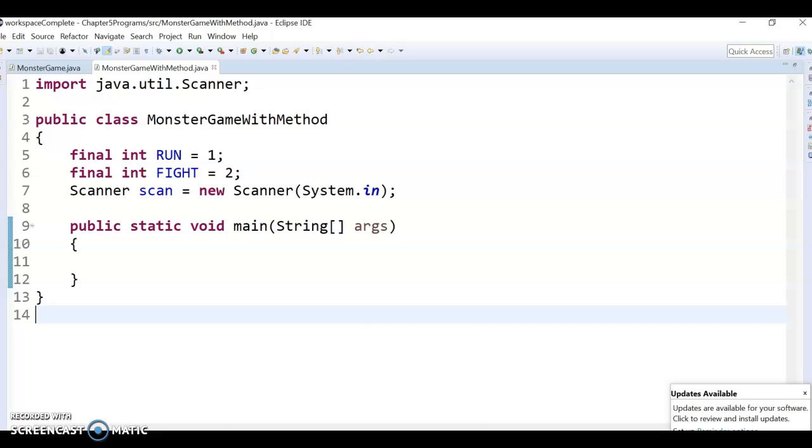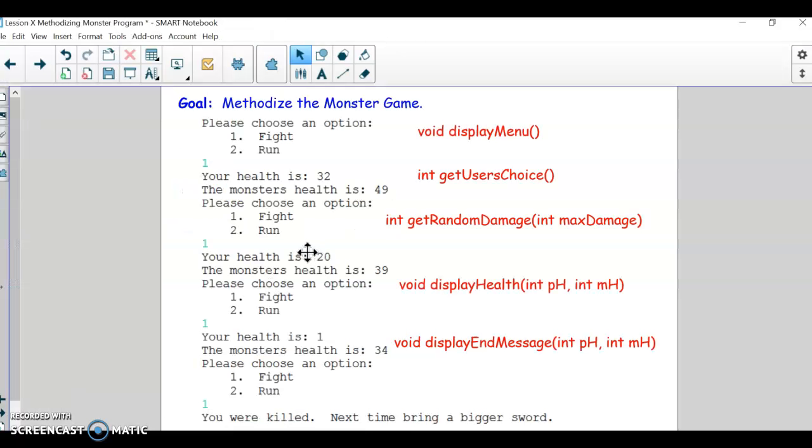Okay, so the next part of this is we got two choices. We could try and write the main method assuming that these methods already exist and work as they should, or we could actually write the individual methods themselves and then piece them together in main. So I don't really know which one's best, to be honest. I guess it'd be a matter of preference. I think what I'm going to do is write the methods first and then try to piece them together in main. So we had this display menu that just prints out the menu options like